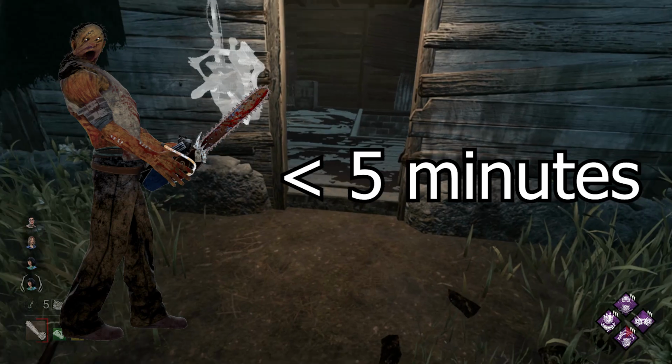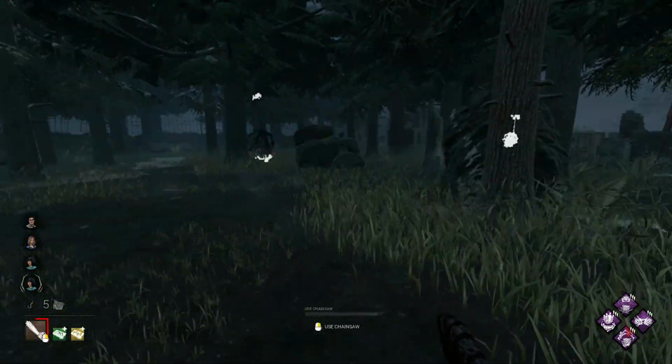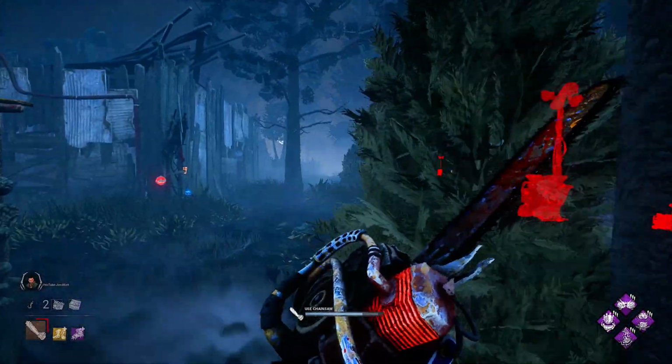I'm going to attempt to teach you how to play Hillbilly in 5 minutes or less. That being said, we have no time to waste, so let's get right into it. To begin, there are two ways to play Hillbilly. There's drifting and curving. Drifting is pretty self-explanatory, so I'm not going to be focusing on that in this video,